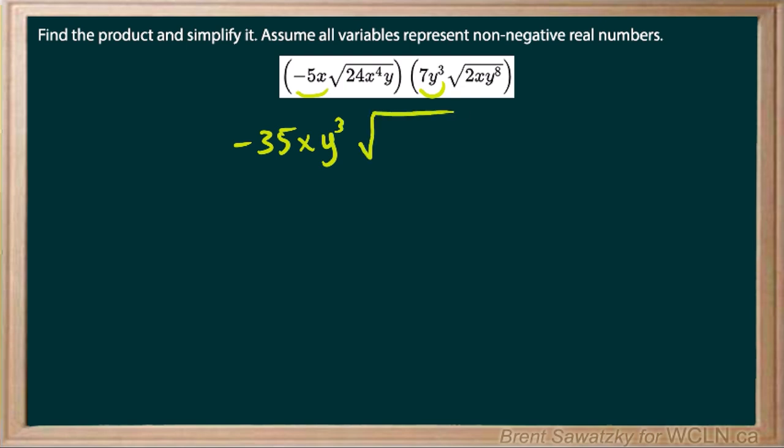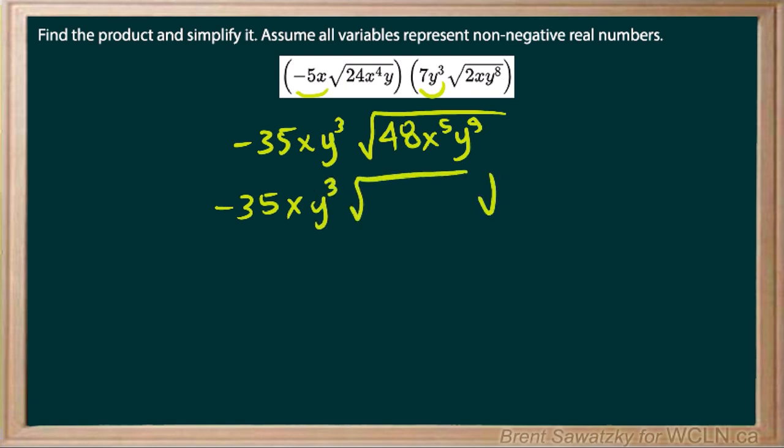So we'll do 24 times 2 is 48. X to the 5, y to the 8, and another one is 9. Okay, so now what we can do is this stuff all stays the same out here. We'll break it down into our perfect squares radical at the beginning. So